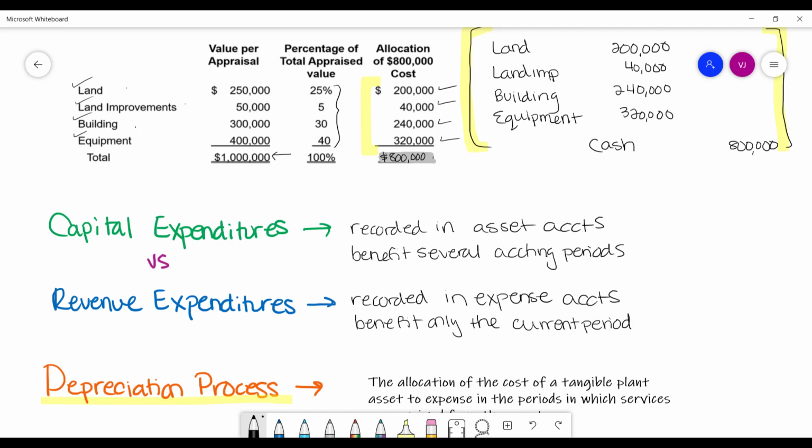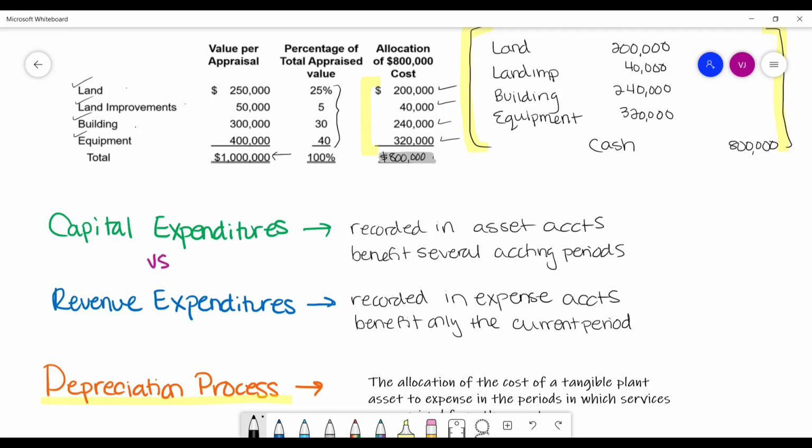So if we're talking about repair or maintenance on a building or a piece of equipment, we won't add that to the building or equipment account, but we would just expense it out in the period and call it maintenance expense or repair expense. Now, if you're doing something major to a building and adding improvements onto the building, like adding a whole new section, making the building larger, stuff like that, in that case, it would be argued that it would make more sense to add that to the building account or have a separate account for building improvements. In that case, that would not be considered an expense, but would be considered a capital expenditure that is considered